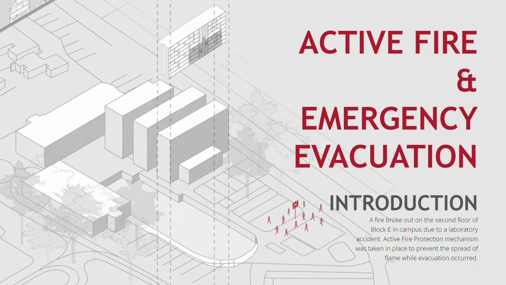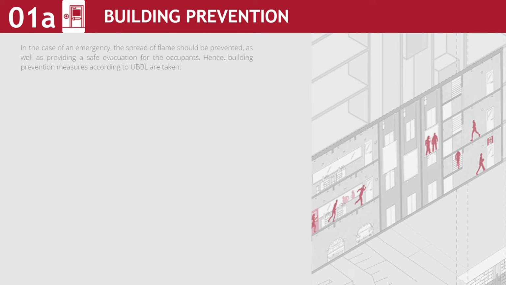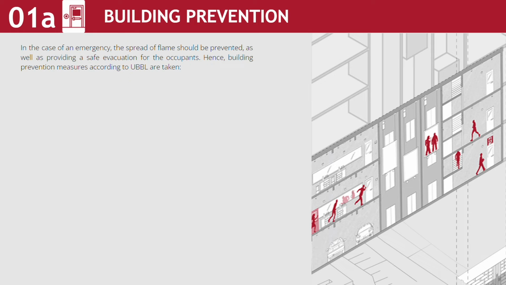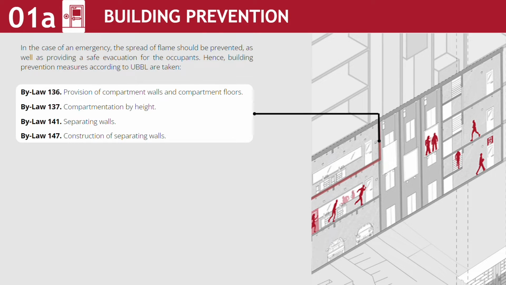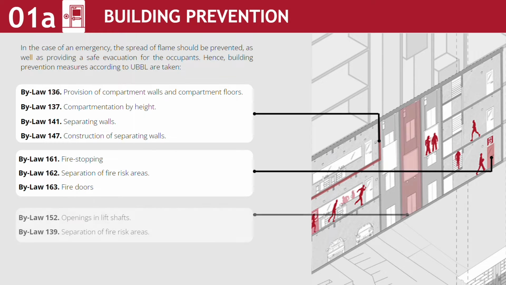Hence, active fire prevention mechanisms were taken in place to prevent the spread of flame while evacuation occurred. To ensure fire safety, fire prevention measures include provision of compartment walls and compartment floors by height, stated in Bylaw 136 and 137, using separating walls that have fire doors for fire stopping in accordance with Bylaw 141, 161, 162, and 163. Bylaw 152 and 139 mention that openings in lift shafts and separation of fire risk areas are also